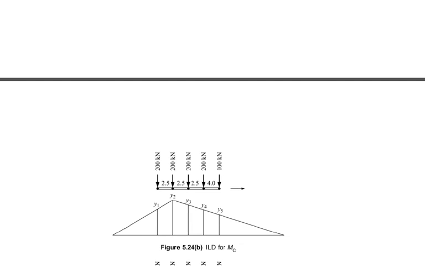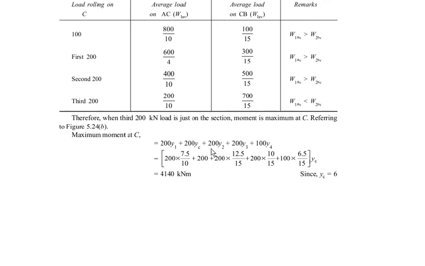Okay, so using the similar triangle relations, mark all the distances and find out the ordinates y1 to y5, and substitute and get the value of the maximum bending moment on C when the load is moving from left to right. So here refer to the values of y1, y2. y2 is nothing but yc. Sorry, here they have taken yc. Find all the values using similar triangle relations. Mark the distances on the figure first of all, and then find all the ordinates and calculate the value of the maximum moment at C.